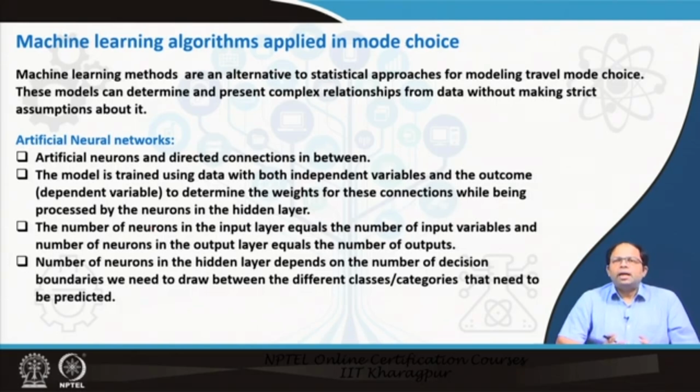Like in the MNL model, we had an assumption. If you remember the MNL model, it was an assumption of Gumbel. We assumed that the error was distributed following the Gumbel distribution. It could also be assumed to be normal distribution. So, these assumptions are there. Then it would have been a probit model. But if we can avoid these assumptions, then we can develop even more robust models. These AI machine learning algorithms are not limited by these assumptions first of all, and second of all, they can present very complex relationships and can summarize or show those patterns and trends, and that is why these machine learning algorithms are becoming popular.